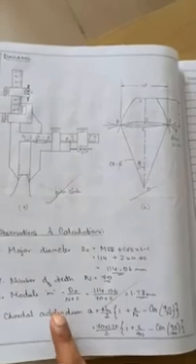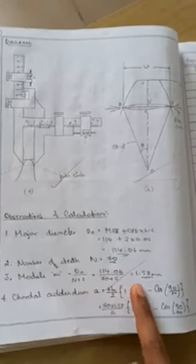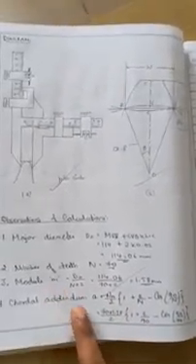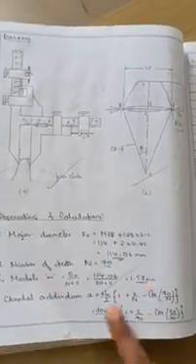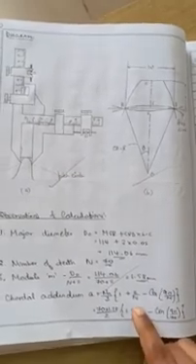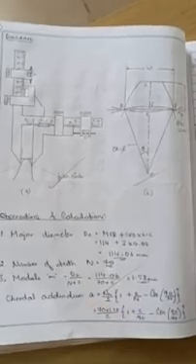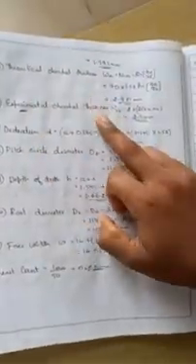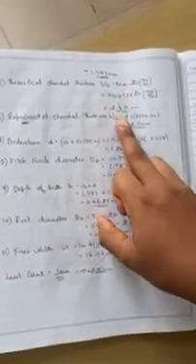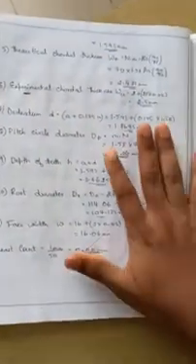We have different formulas that are given in your lab manual. By referring to these formulas, we need to calculate all these dimensions. First we have to calculate the module, whose unit is mm, and then the chordal addendum, where n stands for the number of teeth and m stands for module. This is indicated by A. Then we go with the theoretical chordal thickness, indicated by W. By using this formula we calculate the theoretical chordal thickness. Then the experimental chordal thickness we need to measure by using the experimental setup.